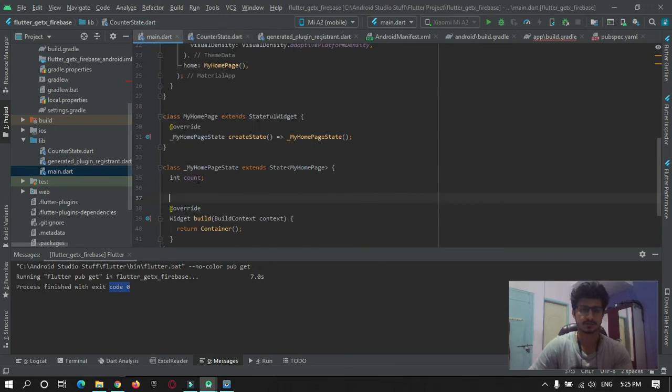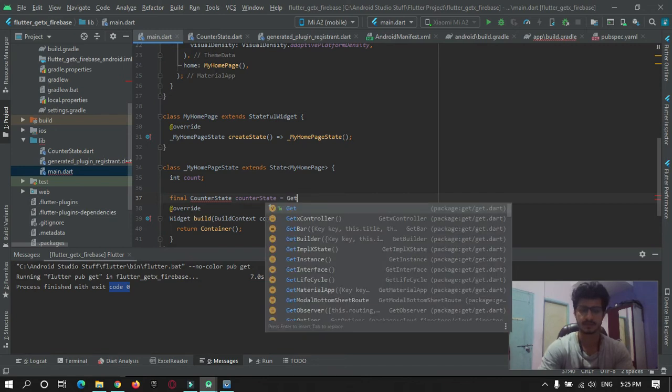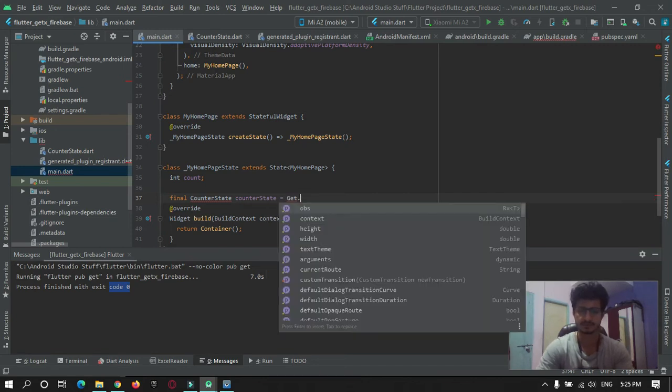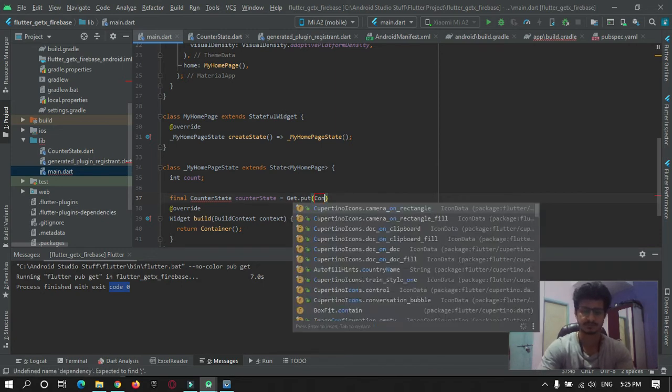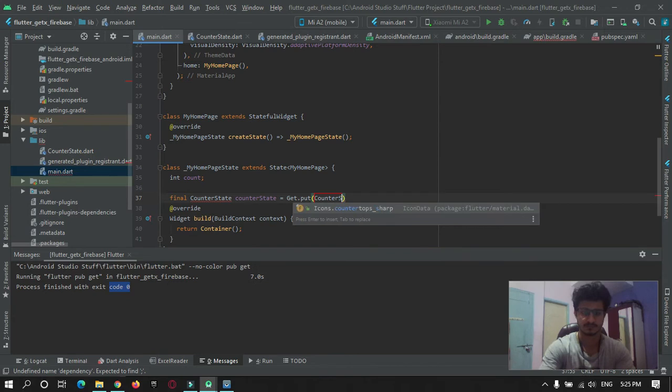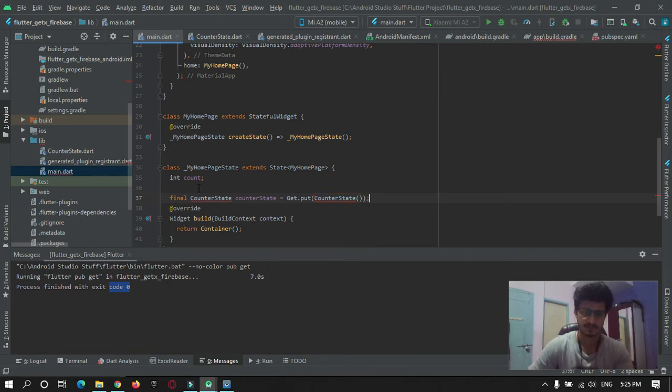For that, final counterState equals, we will make use of the get package to make an instance of it, Get dot put CounterState, and just import this.